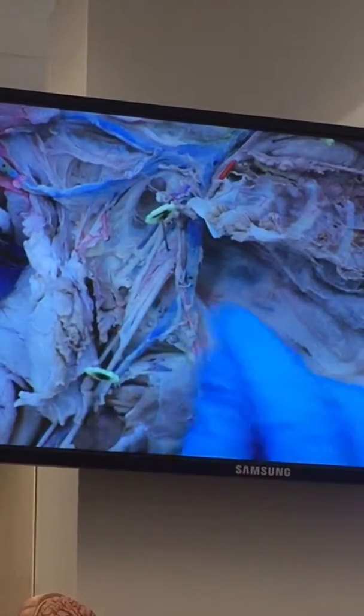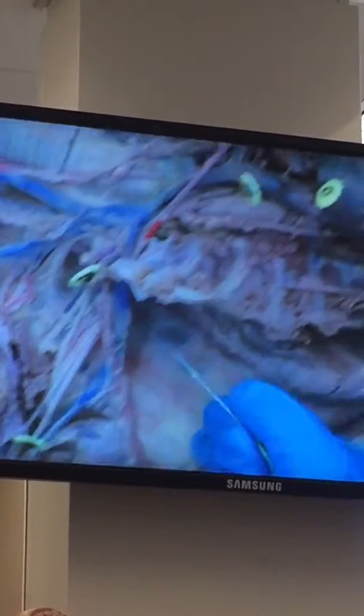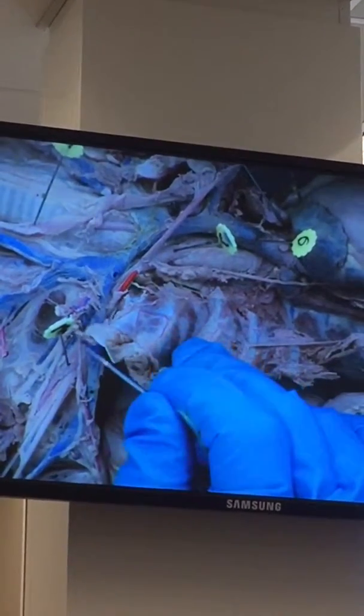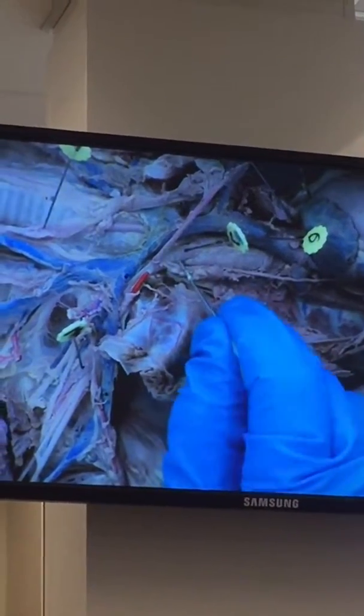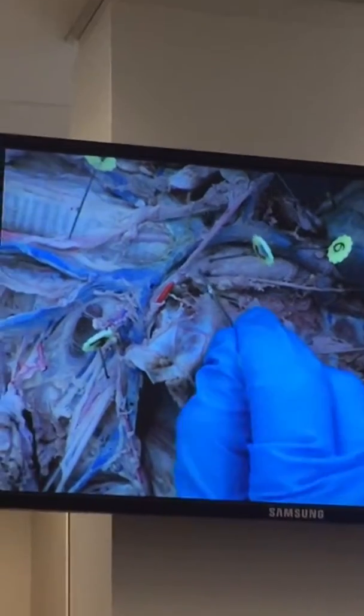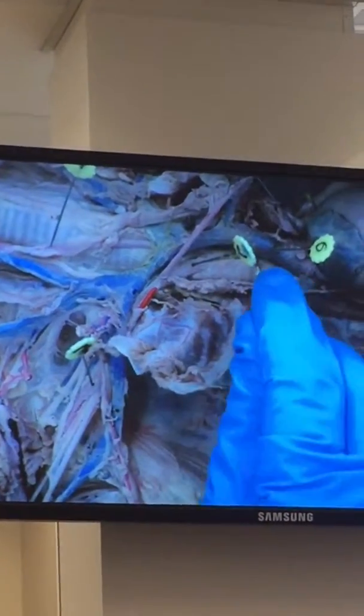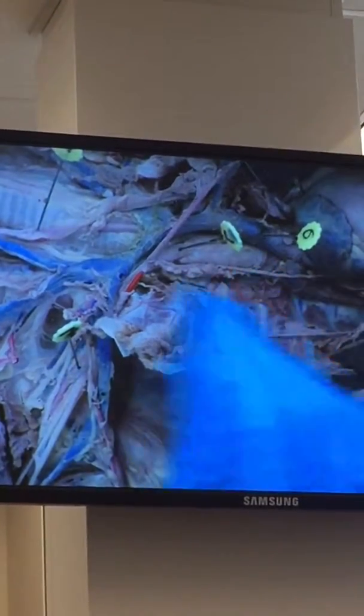So right now you're in the shoulder. You're further away from that junction. You're after the junction, but you're much further away. This is where I would pin this subclavian. This is where brachiocephalic, and then